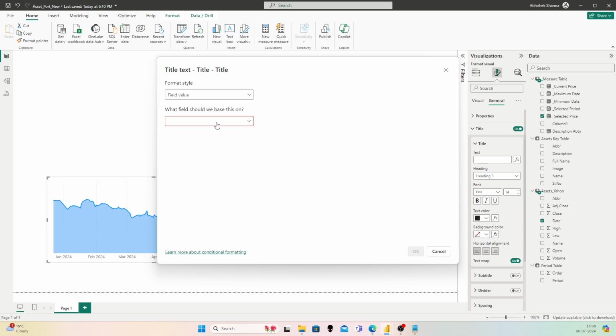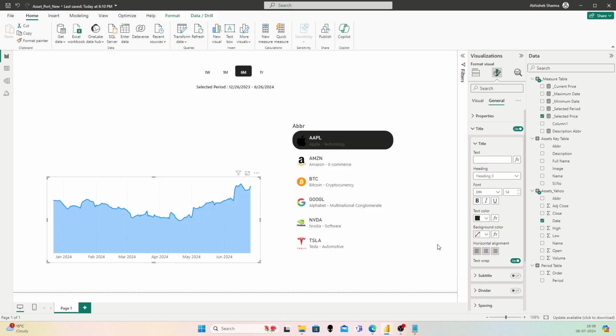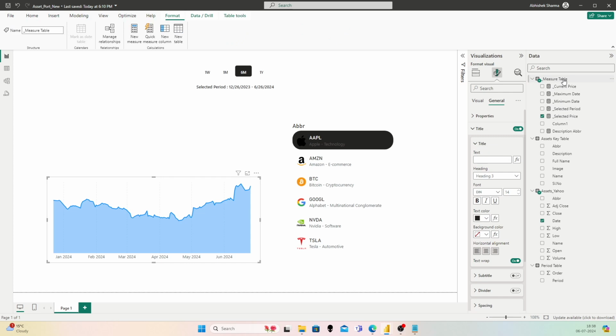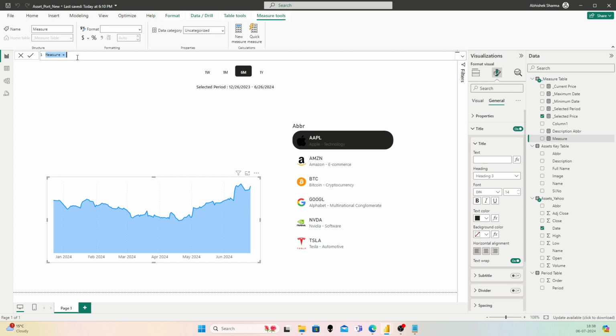It means that we have to make it as a text because the title should be text. So let's make it a text. We have to format the price that we just calculated. So I'll give it a name, current price text, that will be equal to